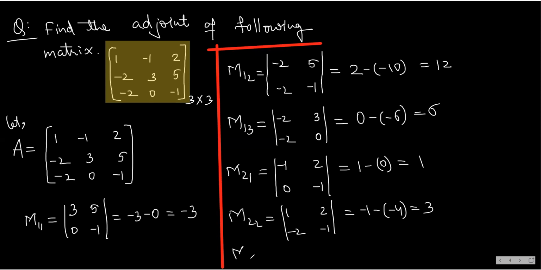Then you have m23. For m23, you will ignore this row and this column. What do you get? You get 1, negative 1, negative 2, 0. That is 0 minus of 2, that is minus 2. After m23, you get now